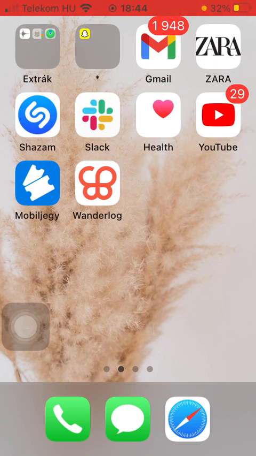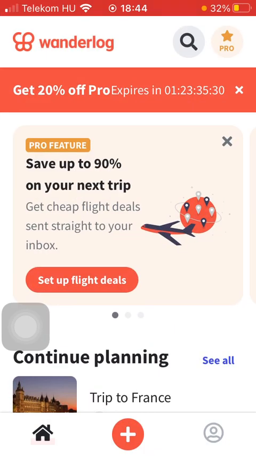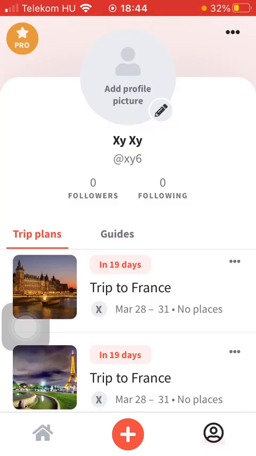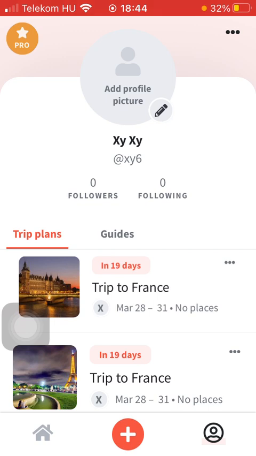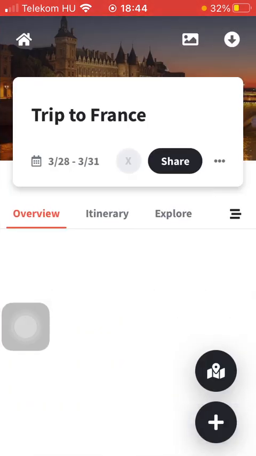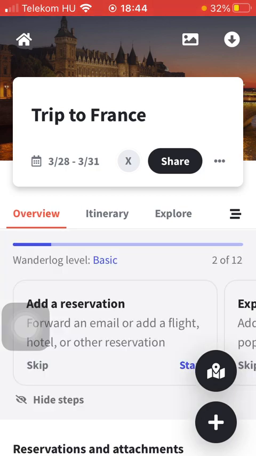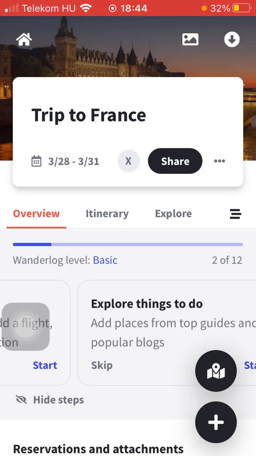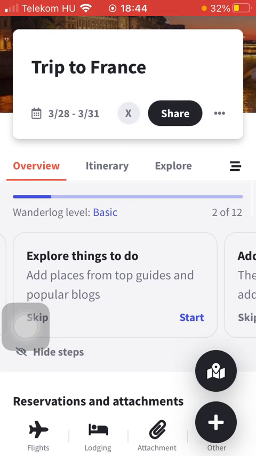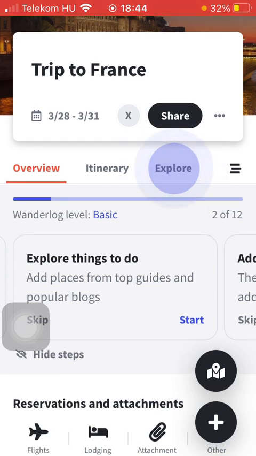Now let's jump into it. First of all, open the app on your phone. After that, click on the profile button down below in the right side corner of the screen and click on trip plans. Select a trip, and after that click on the overview button in the middle of the screen. After that, you should slide to the right side and tap on the start button in the explore things to do section. Click on explore,